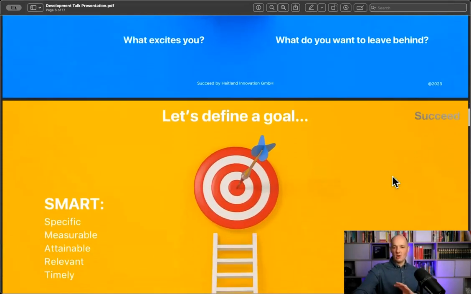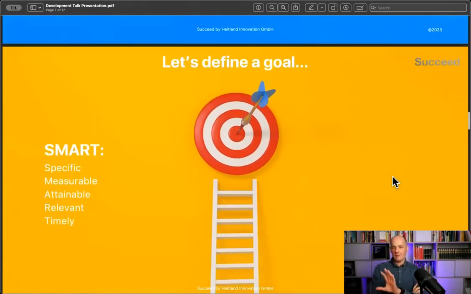From that, you then go into, so if you have your picture, let's make it measurable. Let's make it specific so that you can really define a specific goal. And obviously you do that in a SMART way: specific, measurable, attainable, relevant, and timely. I'll not go too much into that because that's quite logical to me, and you can watch other YouTube videos about it. But the most important thing for me is having something that they understand 5 years from now. That's the time limit. What is possible in 5 years, and then being a little bit more specific so that you can measure it.